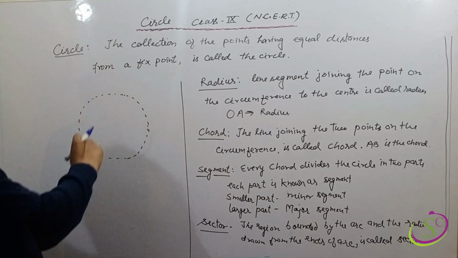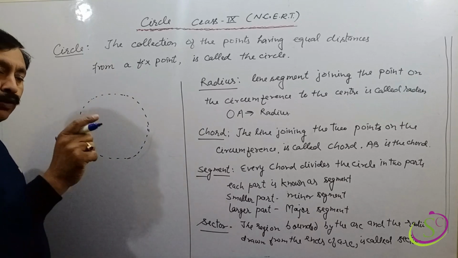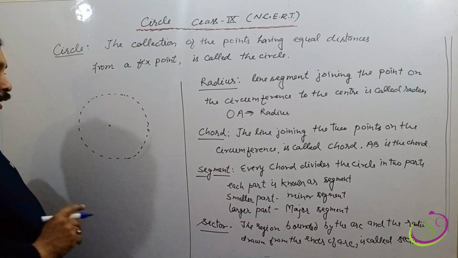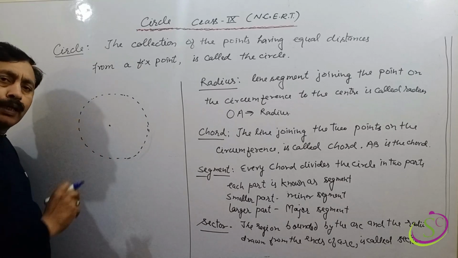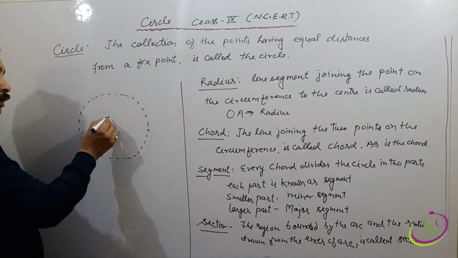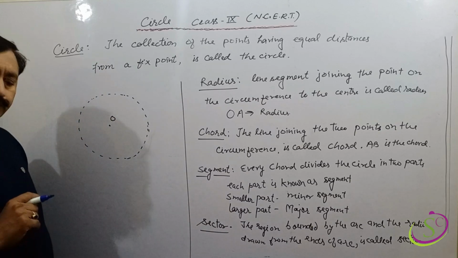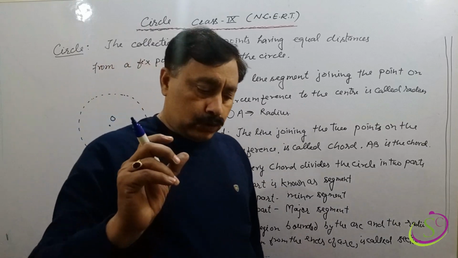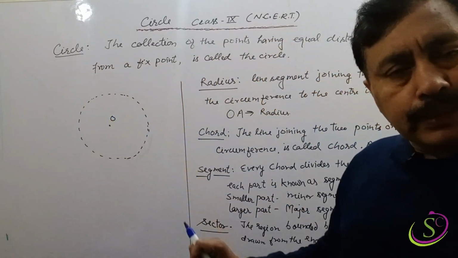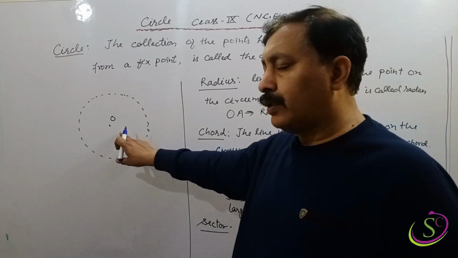All of these points having equal distances from this fixed point. Clear? And this fixed point is known as the center of the circle, denoted by O. You are looking the points these having equal distance from this fixed point, and this fixed point